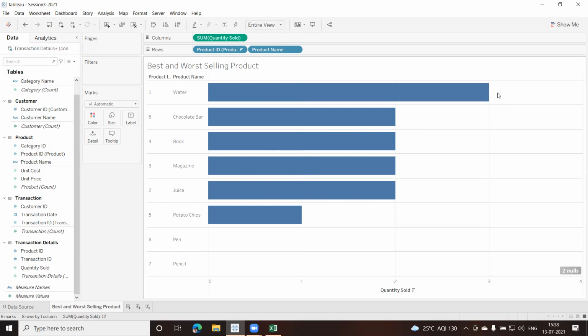Now, what if I want to display the values here? Anyone? How do I do it? Can I show the values instead of going to this? If I want to know the values, quantity values, can I show it from here somewhere? From here or from here somewhere? Anyone? Did you all try? Or here? Or can I just use this quantity sold and